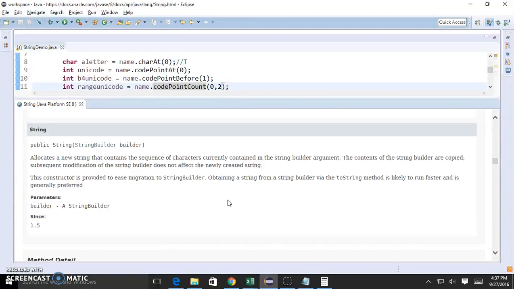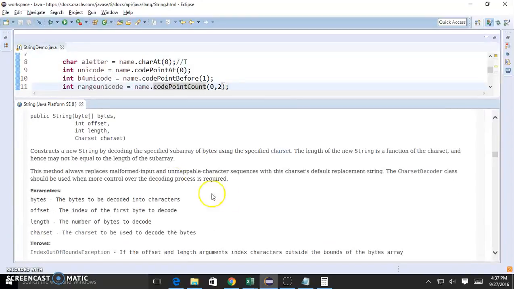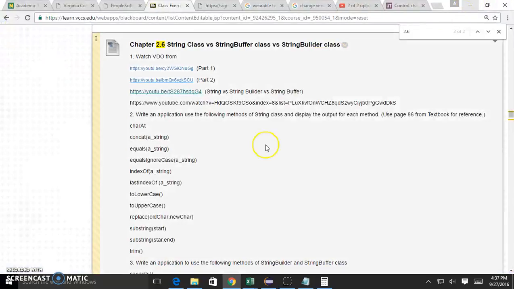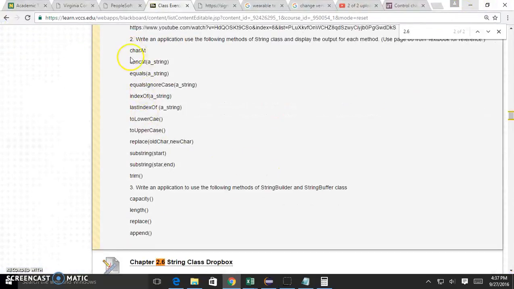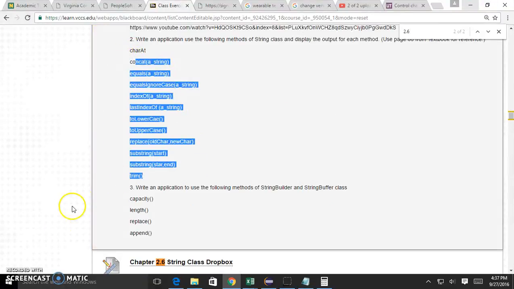So that's what you're going to do for this class exercise. You're going to do a minimum of using concat, equals, and so on, up to 20, right? So test all the